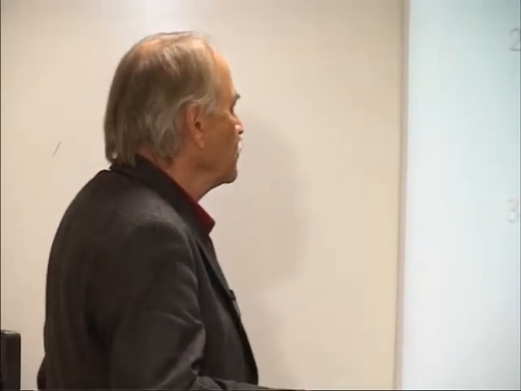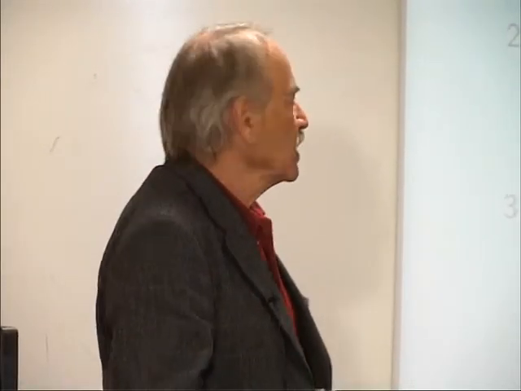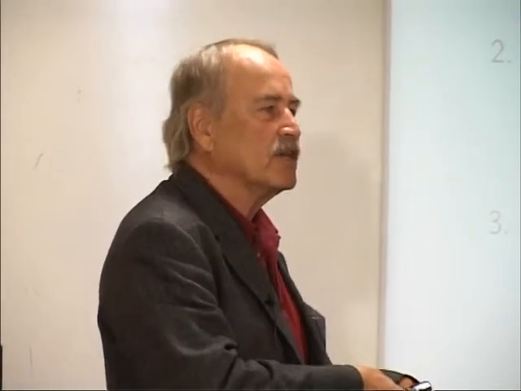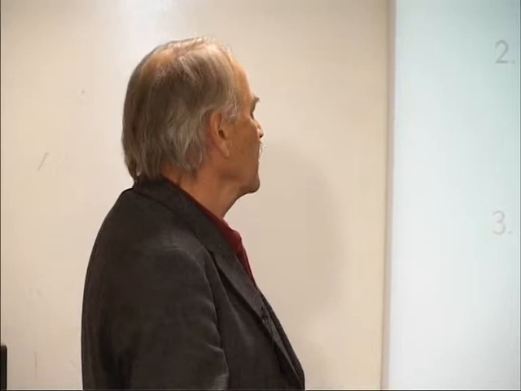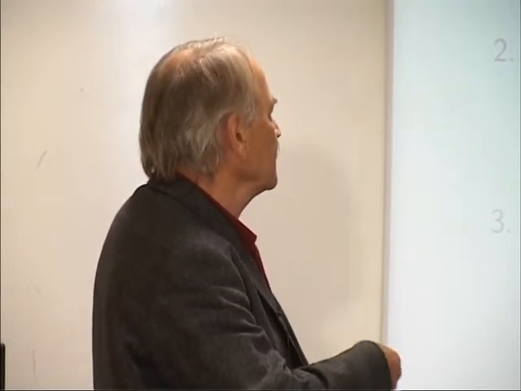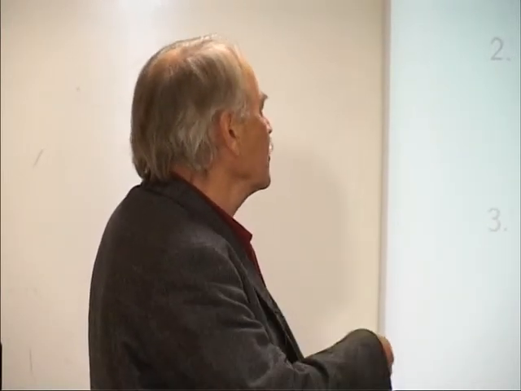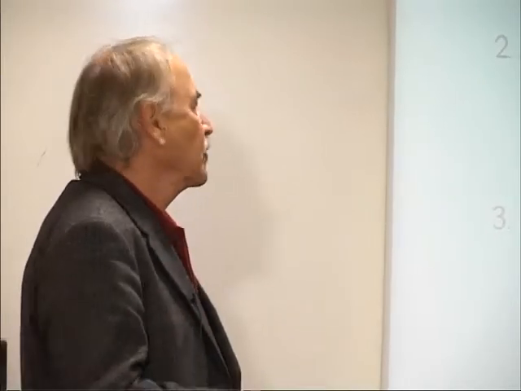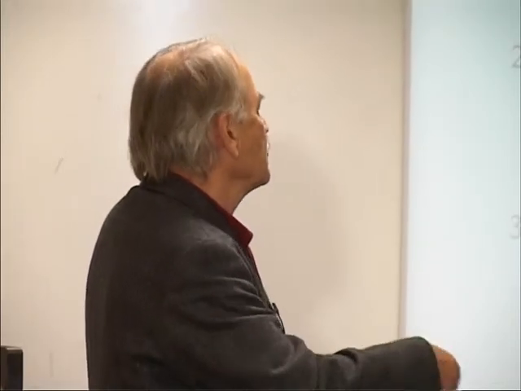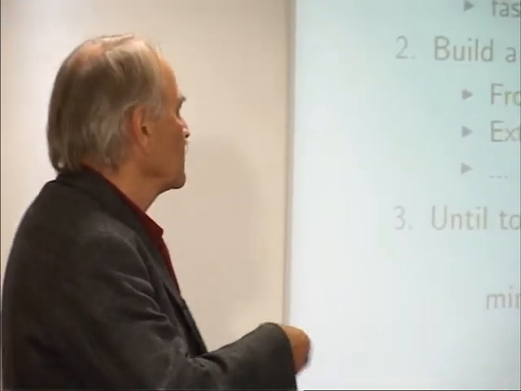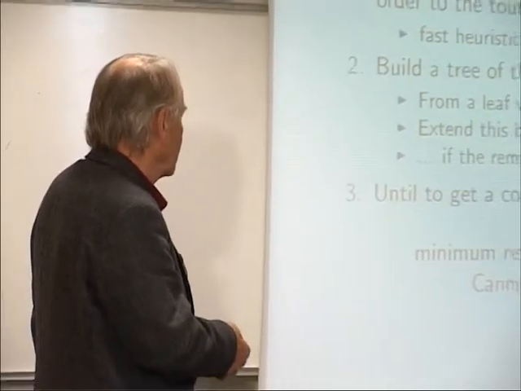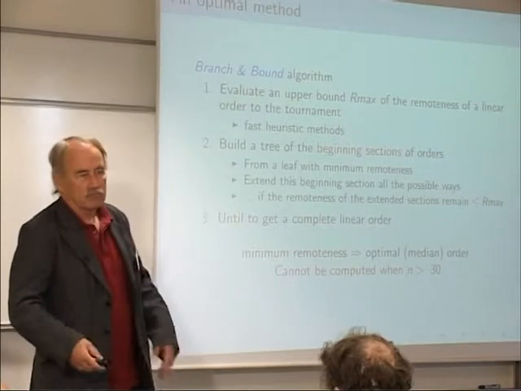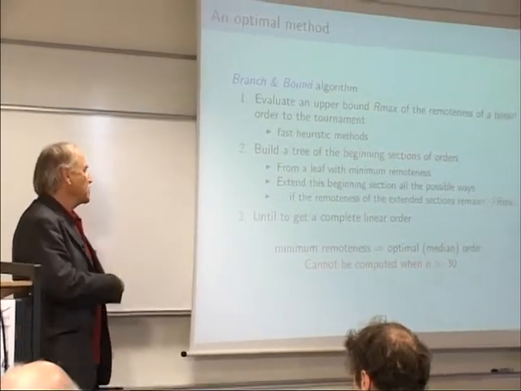After that you build a tree, as in the branch and bound method, with the beginning sections of orders. An order can begin with one element, and after this one can have another one, and so on. So from a leaf in this tree with minimum remoteness, you extend this beginning section, adding all the possible non-ranked elements if the remoteness of the section remains lower than the bound you first evaluated, until you get a linear order. It's a simple algorithm which can be